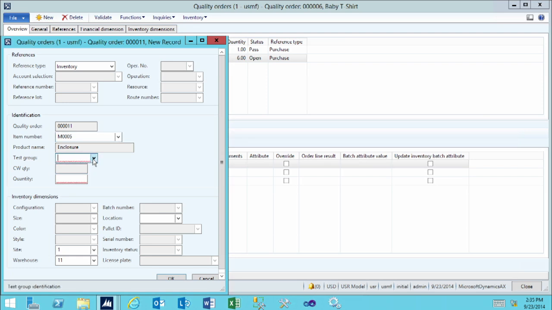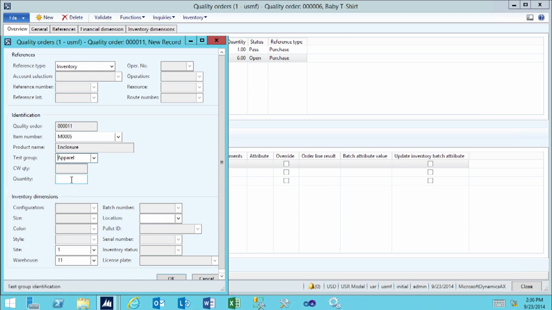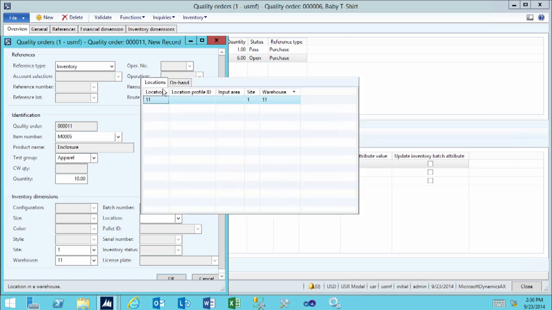Then, in the test group field, I'll select which test group I want to run. We'll choose the apparel test that we just created and type in the quantity that I want to test. If this inventory is in a specific location or is location controlled, you must specify that location. I've got some in both Warehouse 11 and 12, so I'll choose to test the ones that are located in